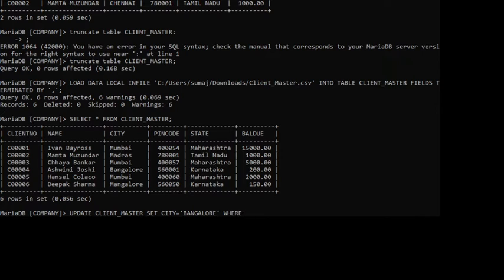where, then you have to specify the filtration for rows. So in the question it is asked to update the city of client number C0005. So where client number equal to C0005,